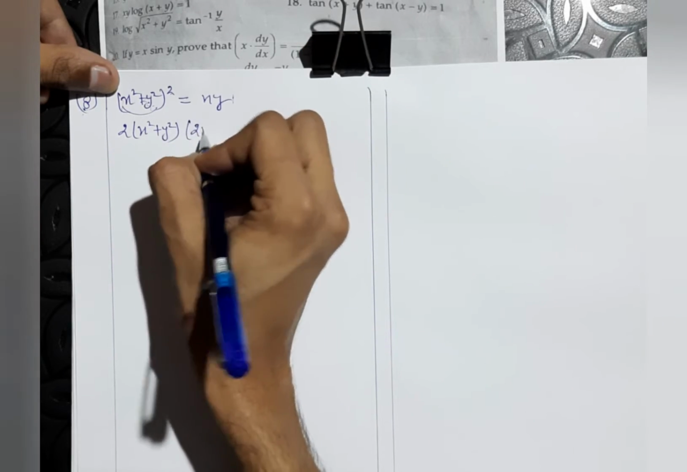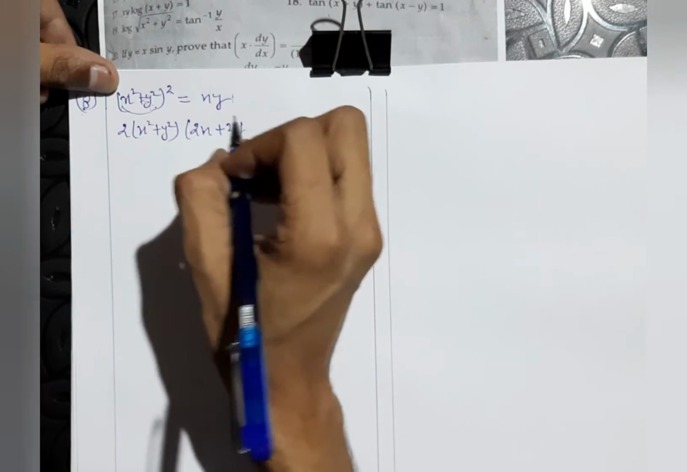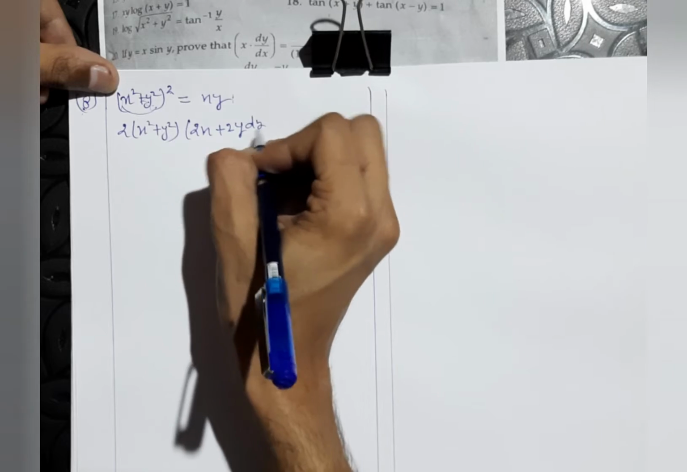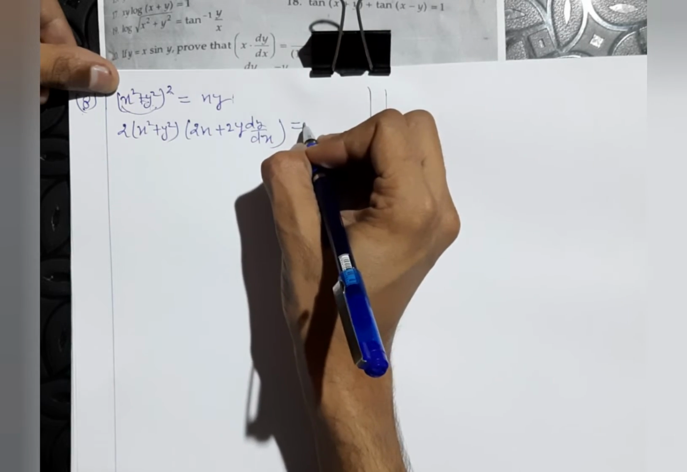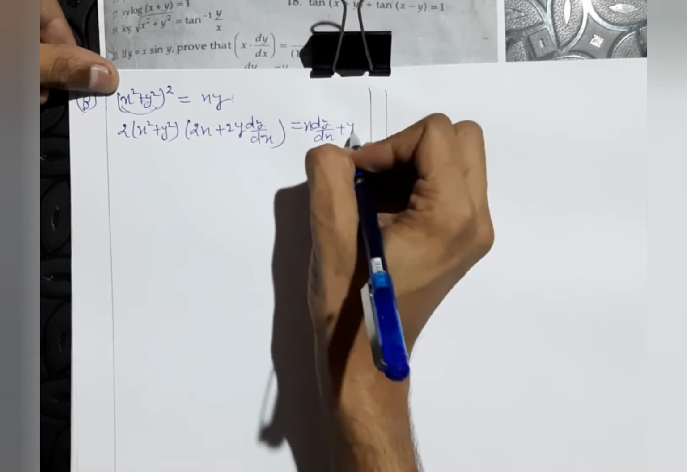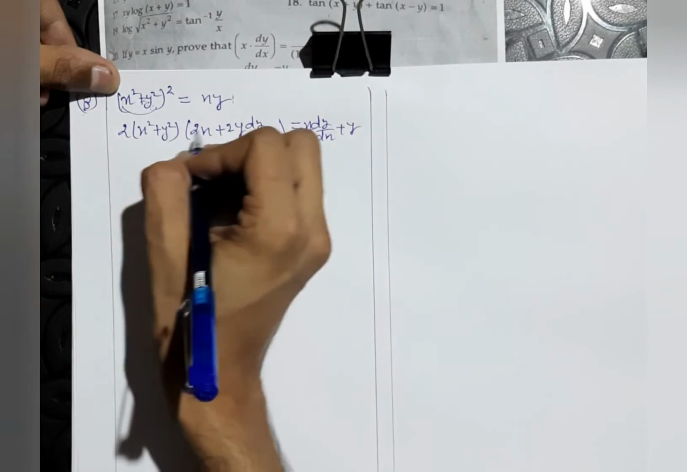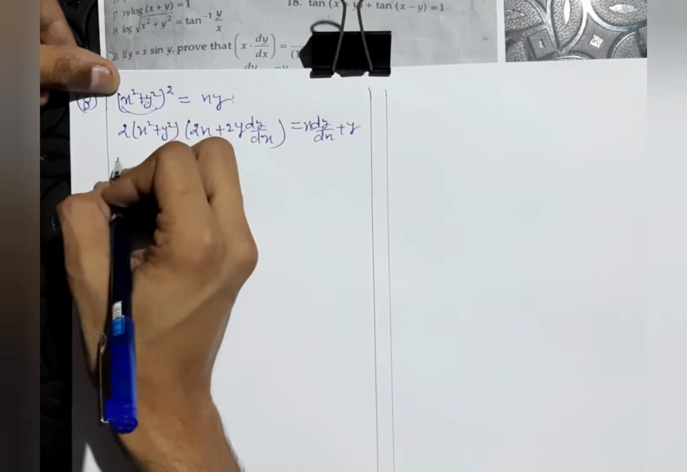Now x² gives 2x, and 2y is the differentiation of y², times dy over dx. On the right side, x is the first function, so x times dy over dx plus y times the derivative of x, which is 1. Now let me multiply this term with the bracket. So I get